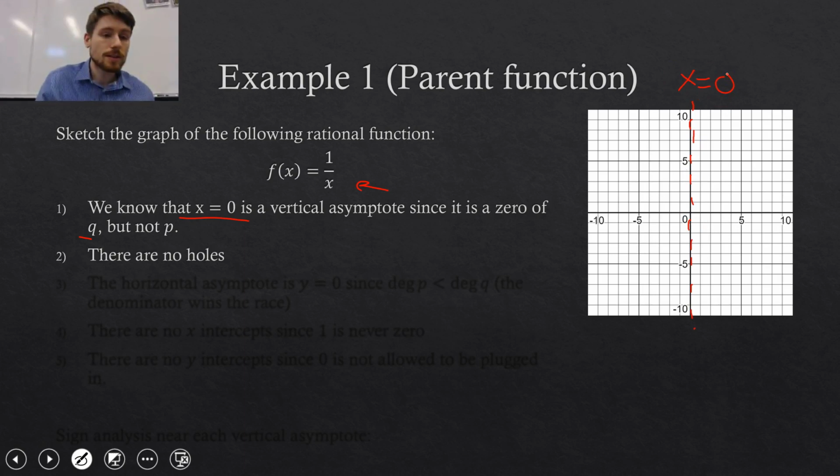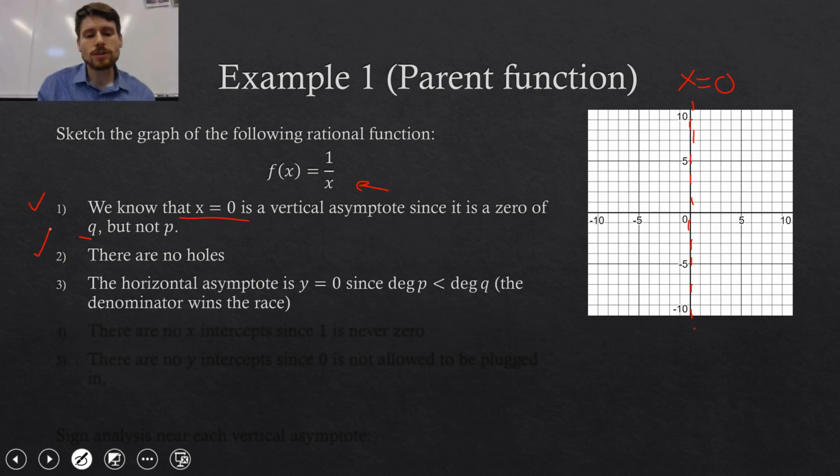Now there are no holes for this graph because nothing makes the top 0 and the bottom 0. There's no canceling factors. So, all right, we've got 1, we've got 2 done. We're going to find the horizontal asymptote next. Well, the denominator wins the race. We have 1, which is staying 1 the whole time, over x, which, if we're looking at end behavior, x is getting bigger and bigger,